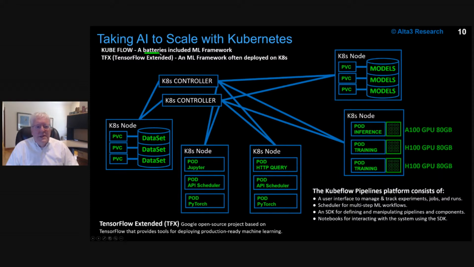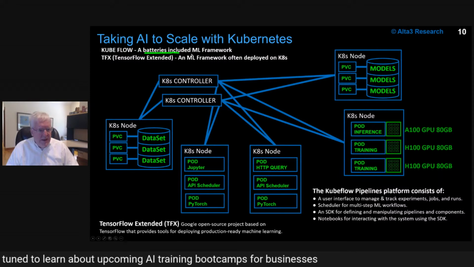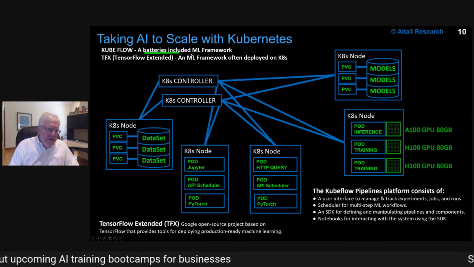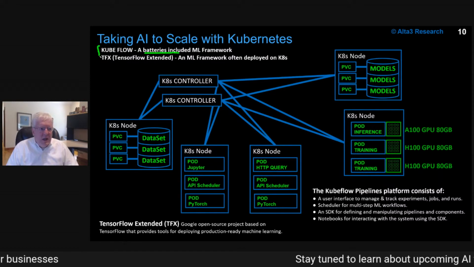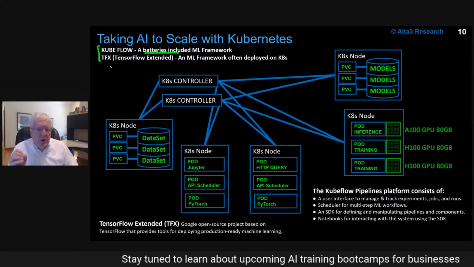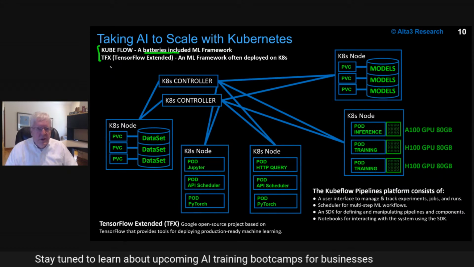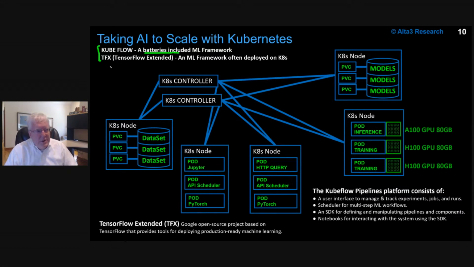Kubeflow is definitely a batteries included machine learning framework. But it's important that you understand, if you weren't aware of all that stuff that I just taught you, then this is not the question you should be asking right now. If you're at that point where, hey, this is cool, I want to start to examine how to use pre-trained models, I want to see how much work that is to do, then don't get into the Kubeflow pipeline, which is very cool, but you don't want to do that yet.